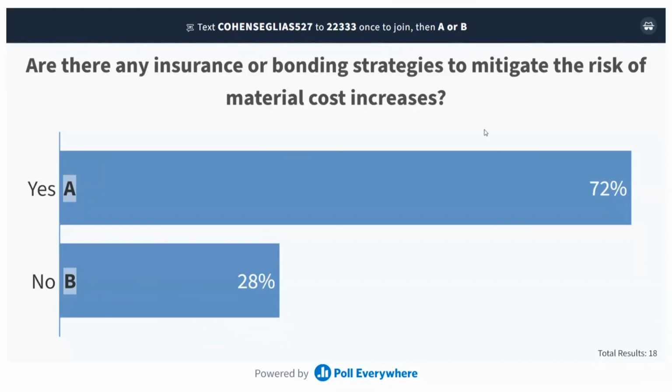To be honest with you, I haven't seen it in application with respect to supply chain issues, but I think that type of insurance, or again, a performance bond, if the subcontractor said, well, you've driven me out of business because you haven't given me a price increase, now it's the surety's problem. So I think creatively those might be avenues for a bonding or insurance strategy. What are your thoughts, Tom?